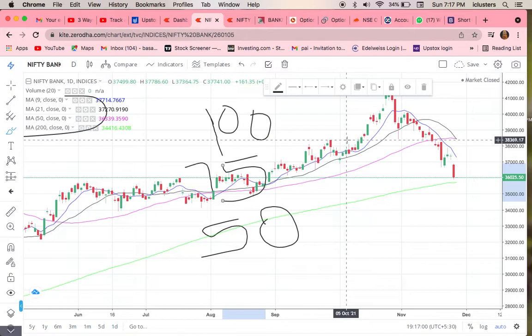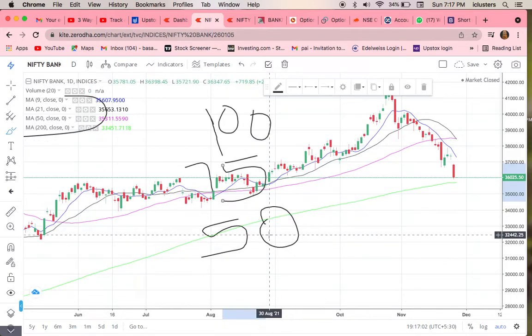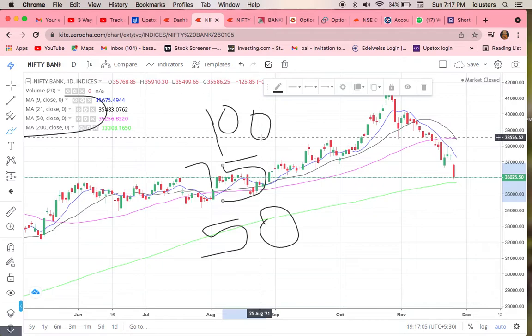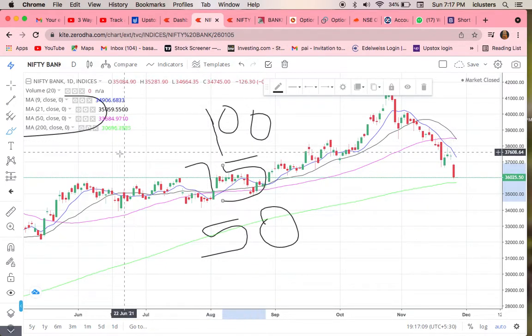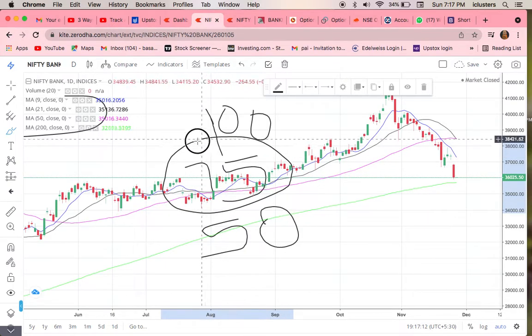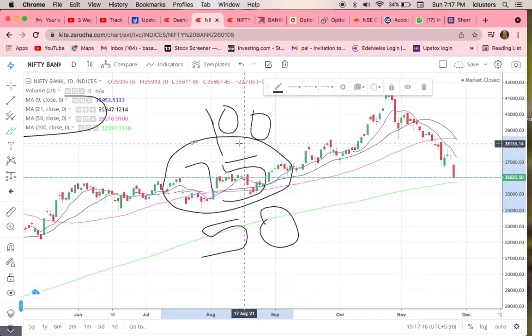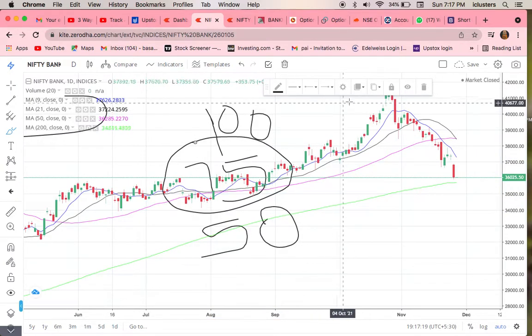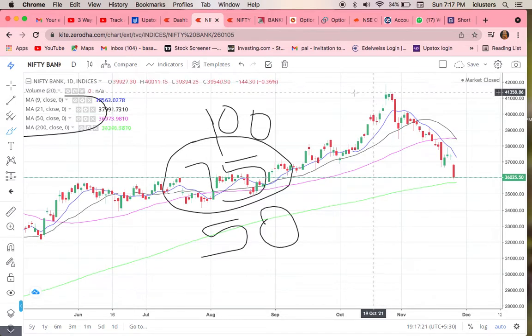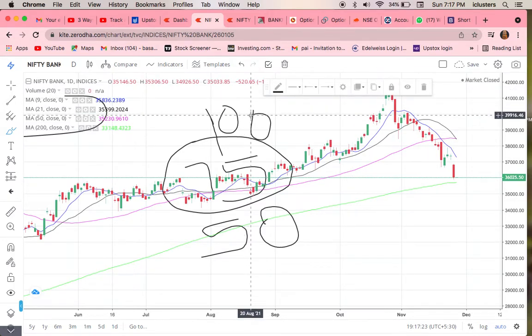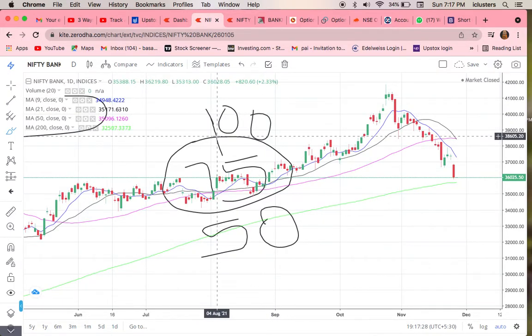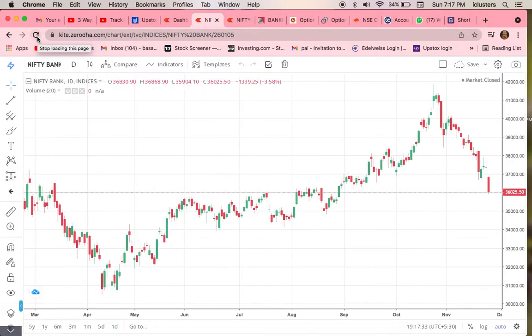For example, swing high from low: what is the low today? 50 is the low today. And what is the high today? 100 is the high today. And what is the average price then? 75 is the average price. That is what the moving average will show. These indicators show the average price of the market. That's why we use moving averages. We can't calculate the average price daily, so we use these indicators to calculate the price averages.